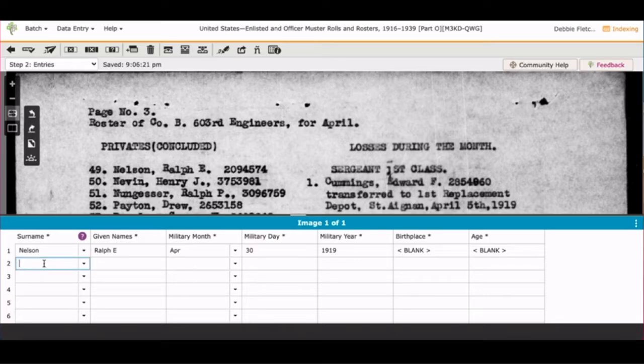Most of your hard part is now figured out. So now you're just going to start entering for the rest of the list. In goes Nevin, Henry J,